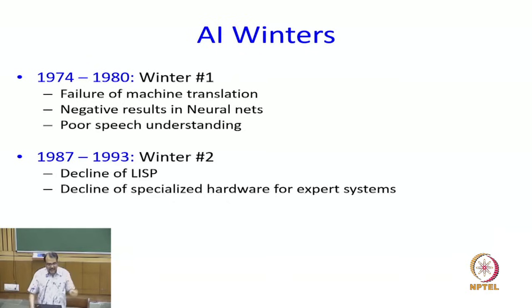And at the time, they started making specialized hardware for expert system, and it became a $500 million industry. But within a year, all that $500 million industry was wiped out, because new machines came out which were much better, and they were general purpose and so on and so forth, and all this industry died out. But more importantly, what died out, the reason why AI went through these winters